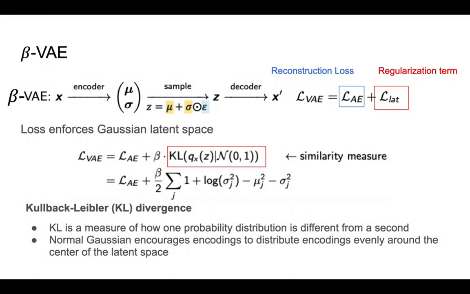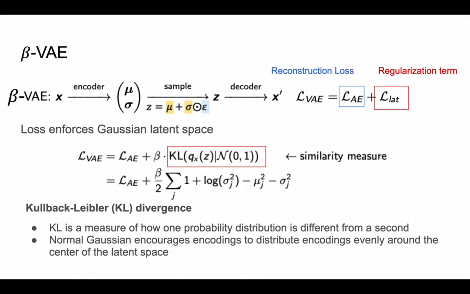The larger the beta, the larger the regularization term. Each regularization term usually carries the information to control a particular feature for the